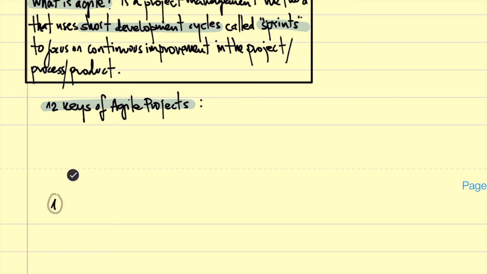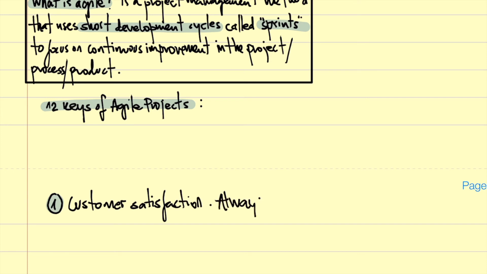The first one, this is something that could be asked in the exam, is to focus on customer satisfaction. Always the first priority. To start always with the customer. Okay, we look always to focus on reducing